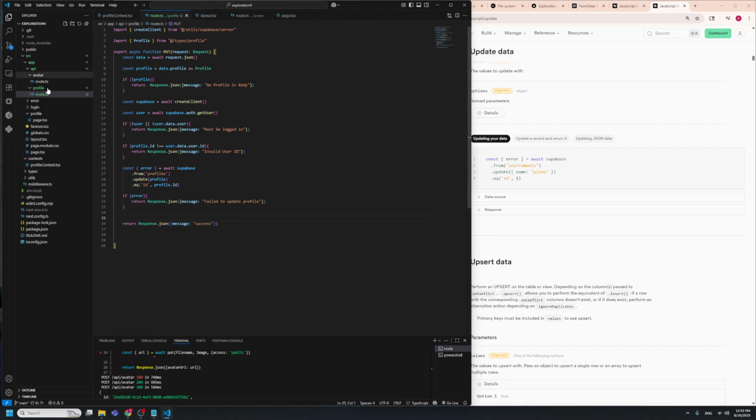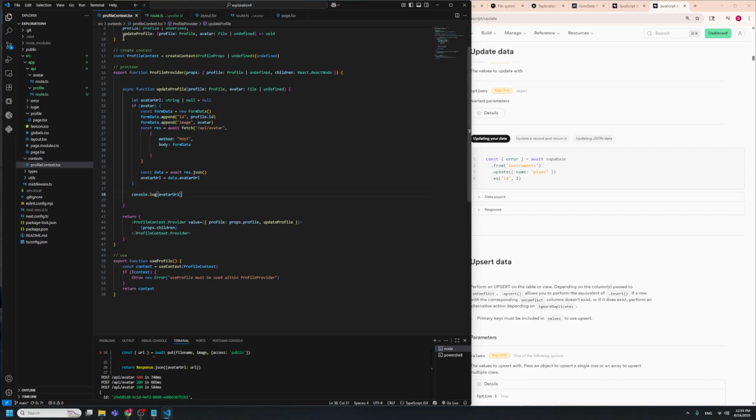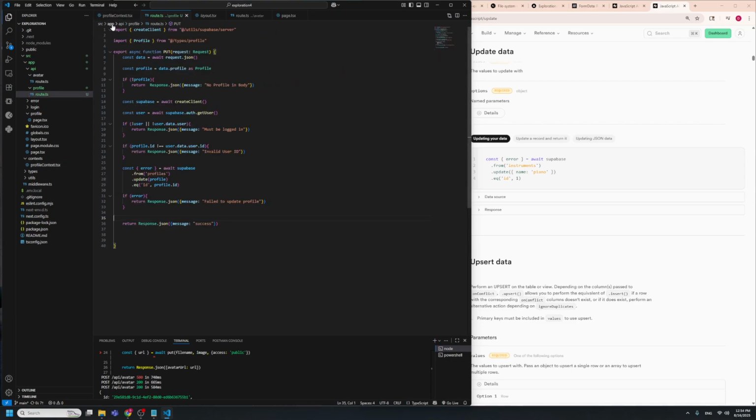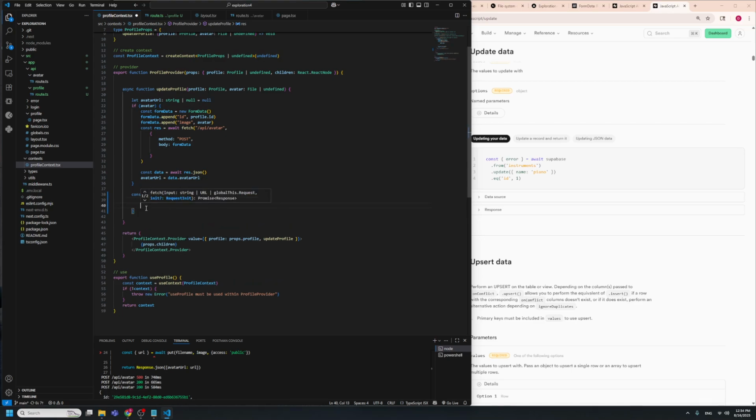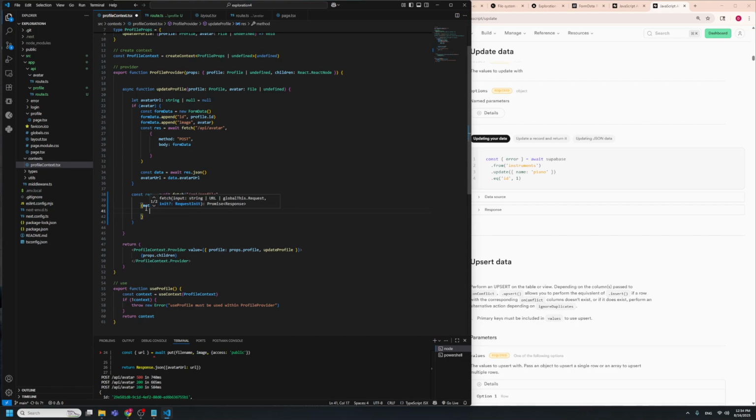All right, so now I have my route. So we go back to our context and we're going to do a put request to this route. So we'll do one more fetch here. We'll say const res equals, although we already have a res, although it's in a different scope, so I think it's okay, equals await fetch API slash profile, and then we'll have method put, and then